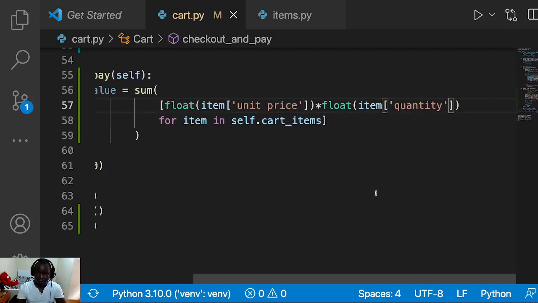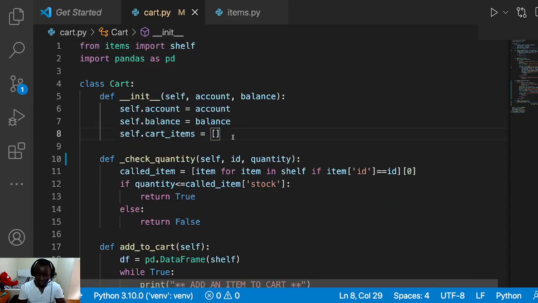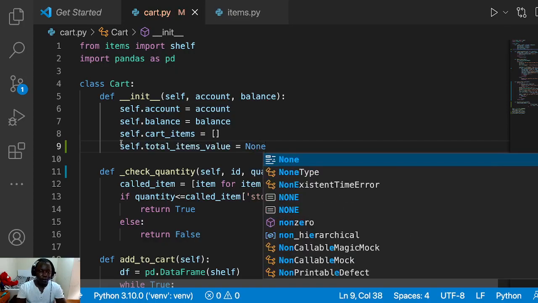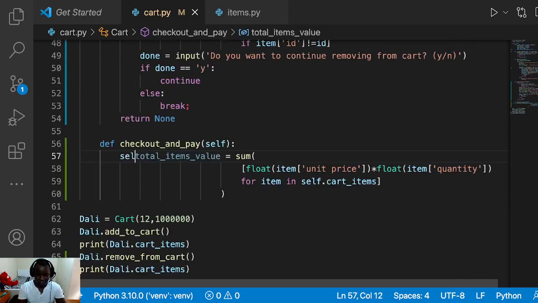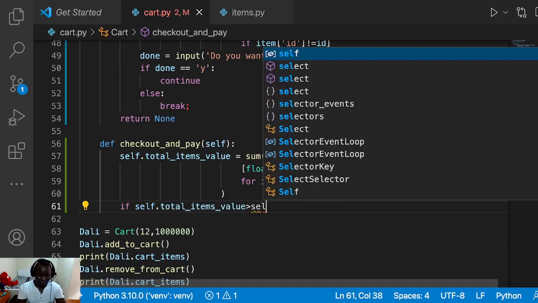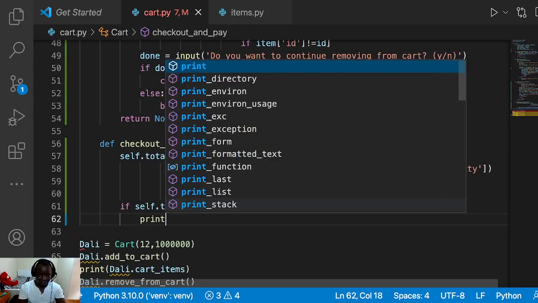So this, let me try to reduce this so you can see it clearly. This is the total value of items in your bucket. So I'm going to also make it self dot that should be none. Great. So after getting this total value, we are going to say if this is greater than self dot balance, if it is greater than your wallet, we are going to say print